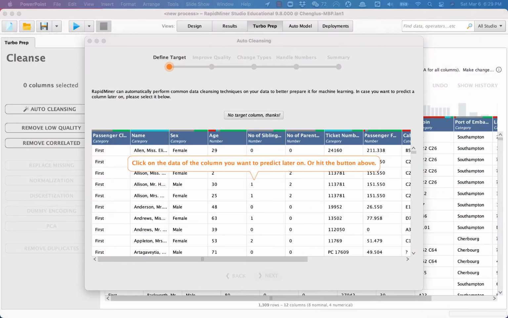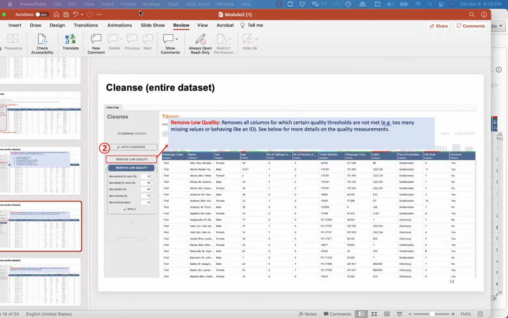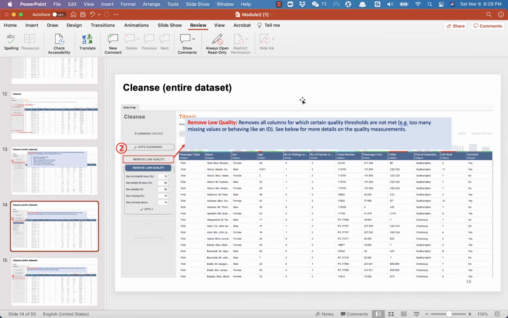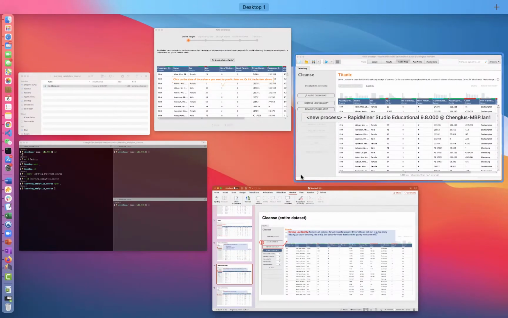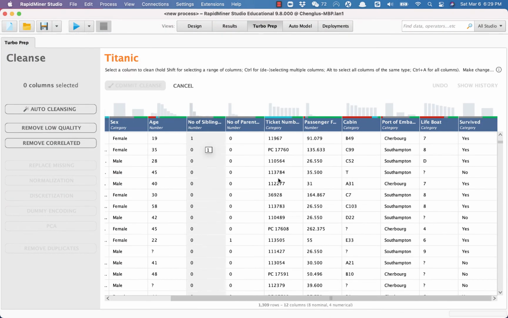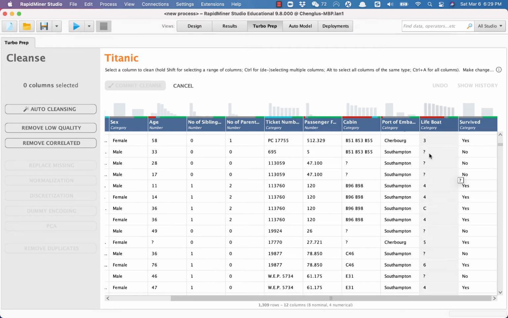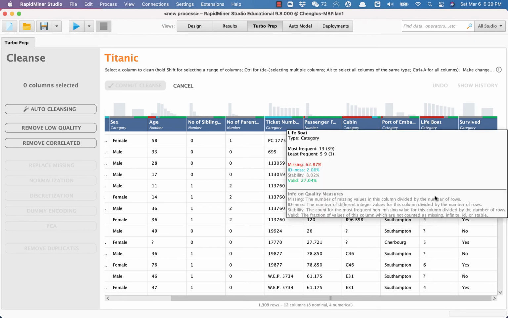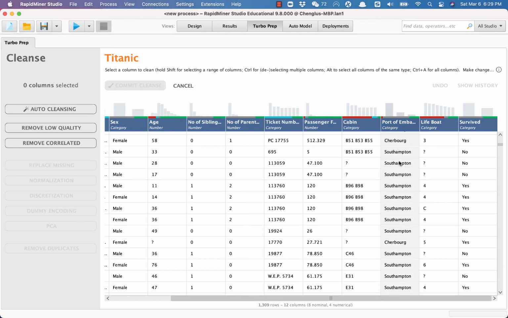And then for slide 14, we talk about removing low quality columns. Low quality is defined by the columns for which certain quality thresholds are not met. For example, if we have too many missing values, you'll see those question marks in the data sets. If we have too many question marks under a column, then this column will likely be